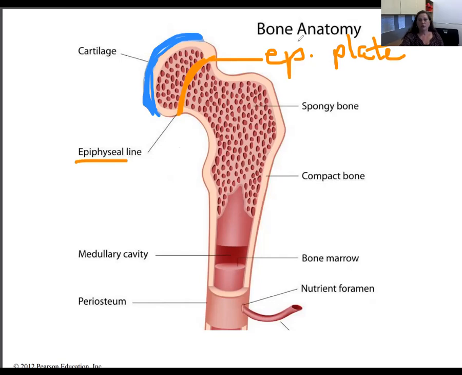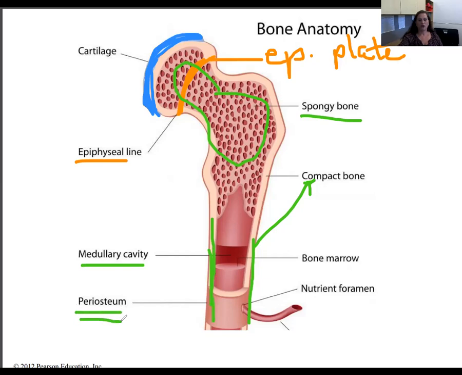Also remember from the previous slide, all this bone found in this epiphysis is going to be spongy bone. And then the bone down here that makes up the shaft is your compact bone. Inside that compact bone, you have a space called the medullary cavity. Around the outside of that long bone, you have a protective connective tissue covering called the periosteum. And on the inside of that medullary cavity, you have a protective connective tissue